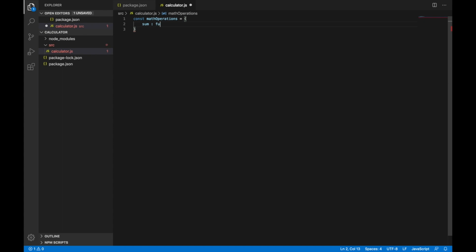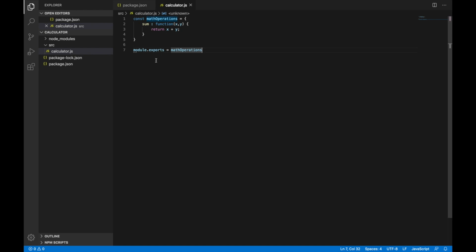Probably let's first write sum, return x plus y, and then we'll write module.exports equal to mathOperations. So this is a simple JavaScript function which has a math operations constant, and it has a function sum which will return the addition of two numbers. This is a very simple JavaScript method.